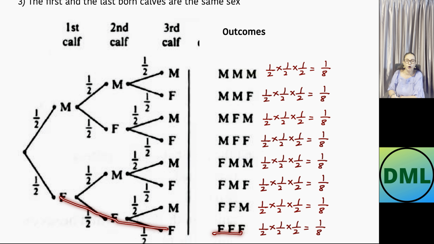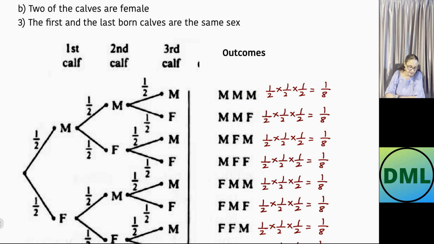This is your option. If we write down the probabilities here, because we are doing it together, the probability of male, male, male is half times half times half, which will be 1/8. It is the same for everyone, as the probability of either male or female calves is the same. So the probability of male, male, female is again 1/8. Similarly, we can write down every probability.